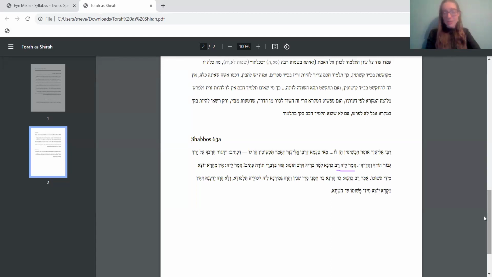Mai Ta'ama d'Rabbi Eliezer d'amar tachshitzin hein lo? Now, where does Rabbi Eliezer get this? How does he know that this would be an ornament for the person? Because there's a pasuk that says, Chagur charbecha al yarech gibor. It says, gird your sword upon your thigh, mighty one. Hodcha v'hadarecha. It is your glory and your splendor. So a pasuk says, you mighty person, you should gird your sword because it is your glory and your splendor.